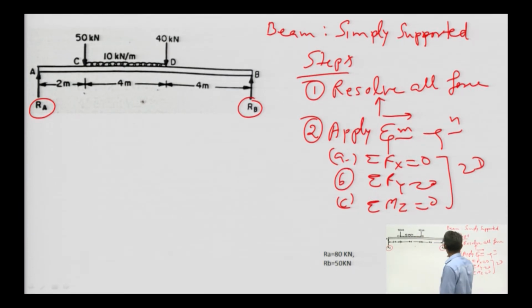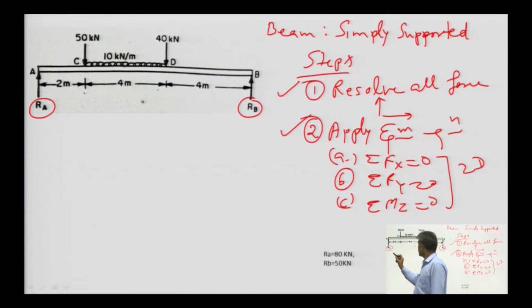So, step number 1, resolve all forces along horizontal and vertical. Here all the forces are shown vertical, this one is vertical, this one is vertical, this is also vertical, no need to resolve here. So, step 1 is not applicable over here. We will switch over to step number 2.